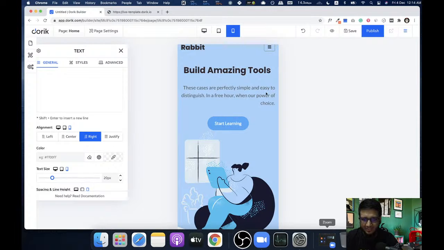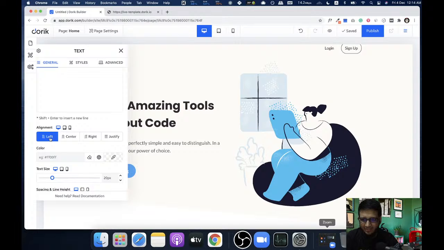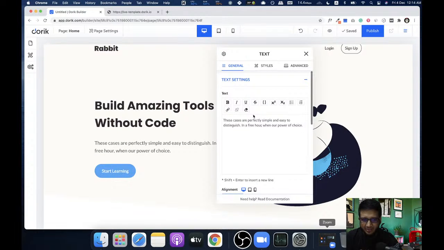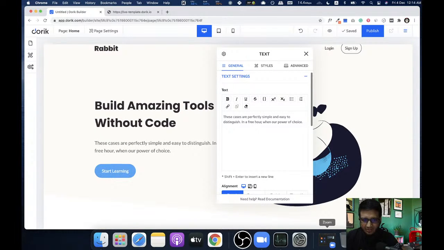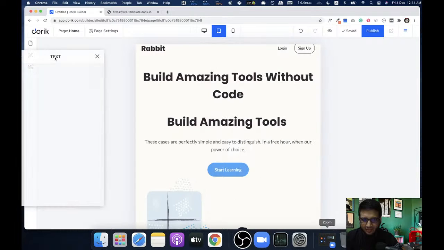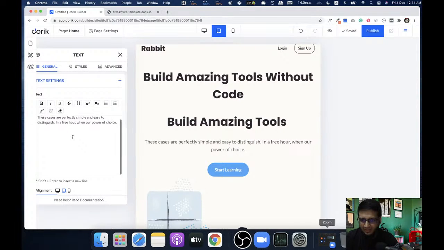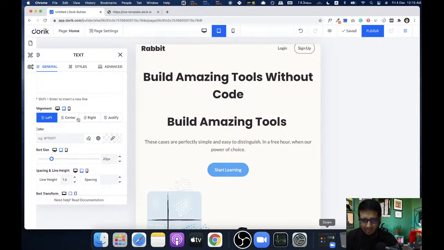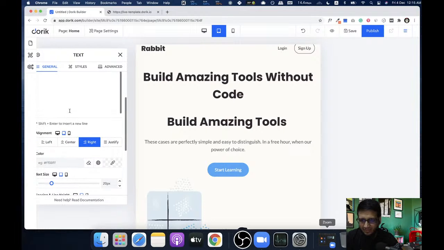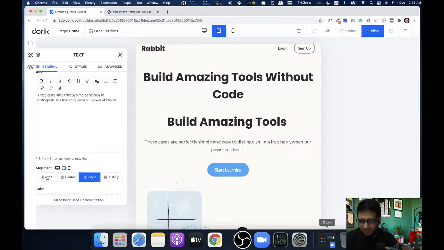Now aligned right. So now if I go to the desktop, it's aligned on the left. If I go to tablet, I'll go to tablet right now, and what should I do on the tablet? I should do justify or something, like why tablet is not working. I think there is some issue with tablet version.